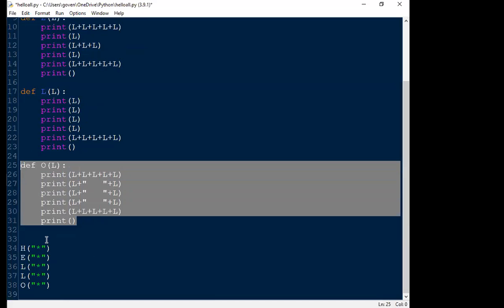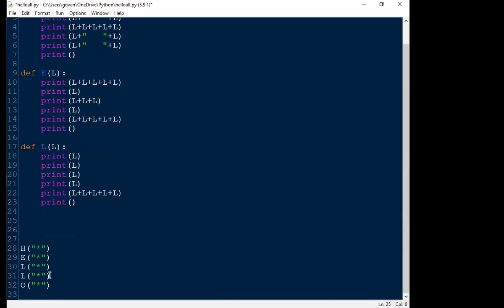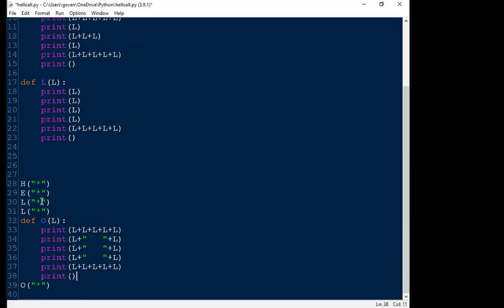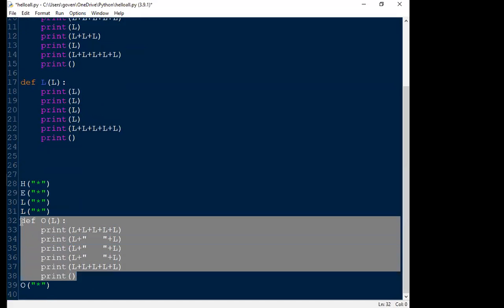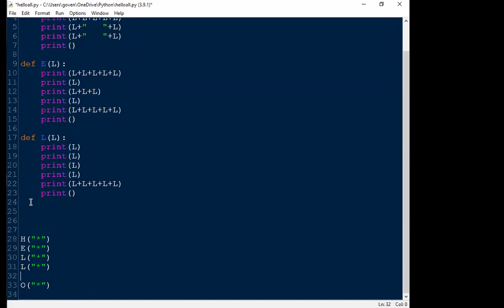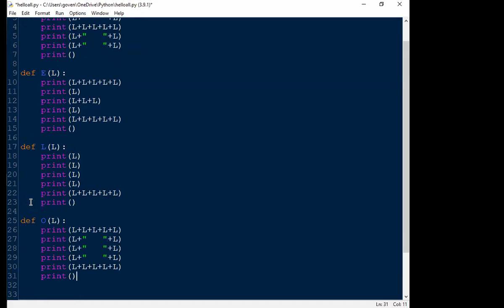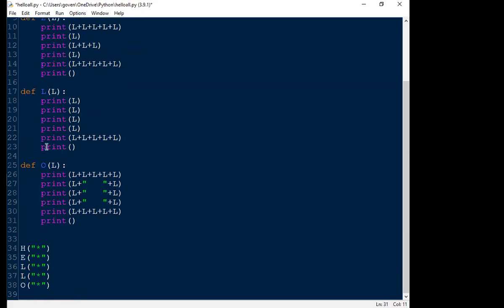And for those of you who have the question, can I put a function after I write my program? So can I do something like this? The answer is yes, you can. The only difference is, again, you must make sure that you call it only after it's created. That's the rule that you must follow, right? So let me put it back there. All right, so if I run this program,